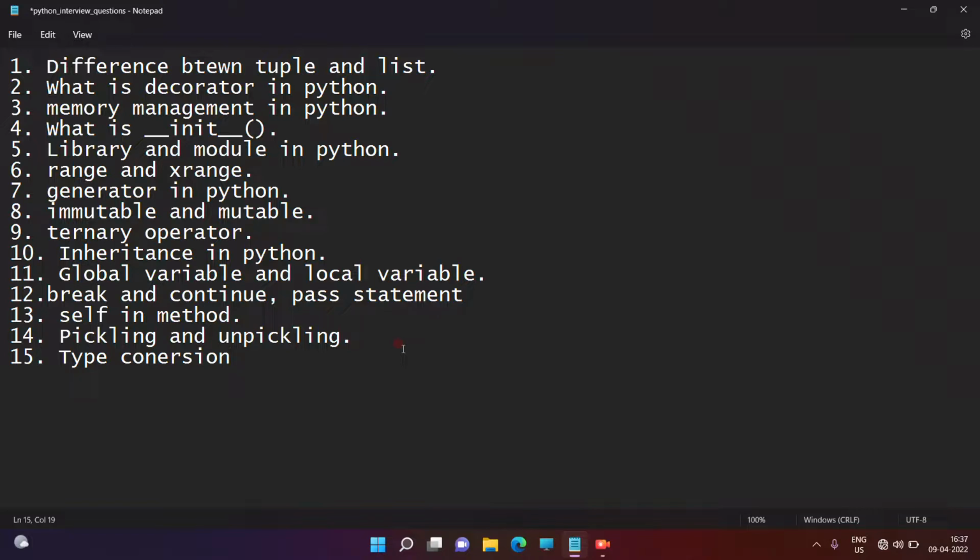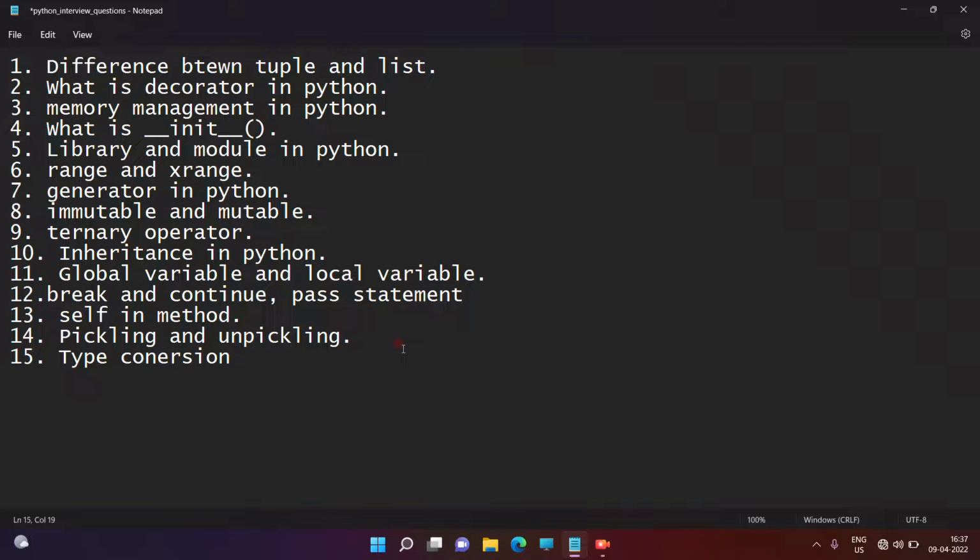What is type conversion? In every programming language, we have seen there are different data types. Also like that in Python, there are different data types. So what are the different types of data type? int for integer, str for string, float for float values, bool for boolean values, and also there is one more, the complex data type. These data types are used for storing a particular type of data in Python memory, right guys?